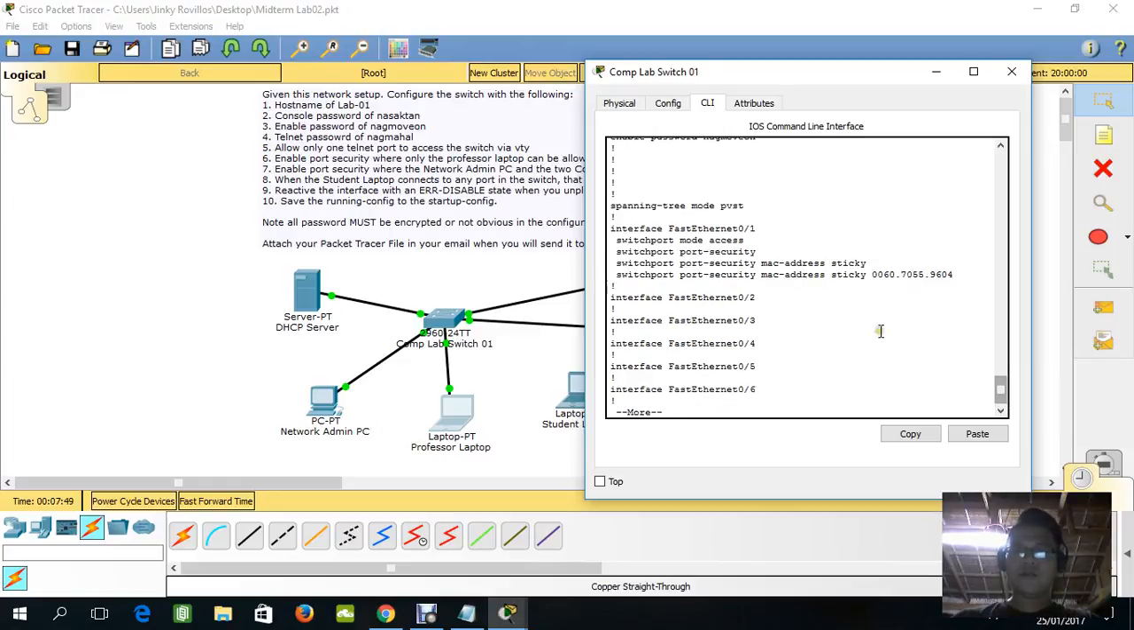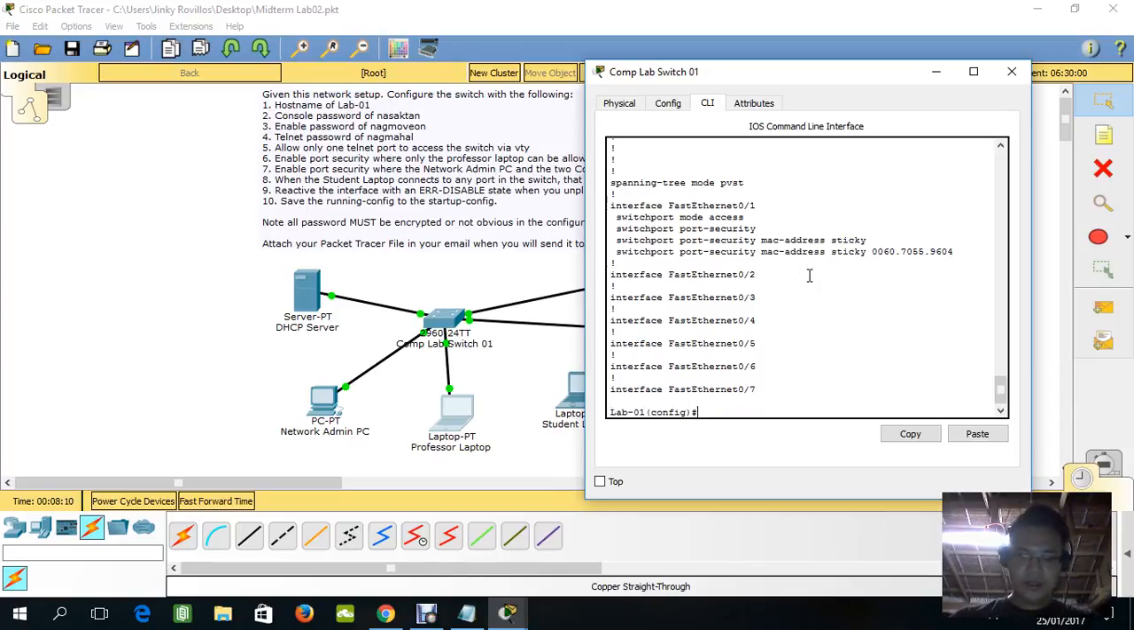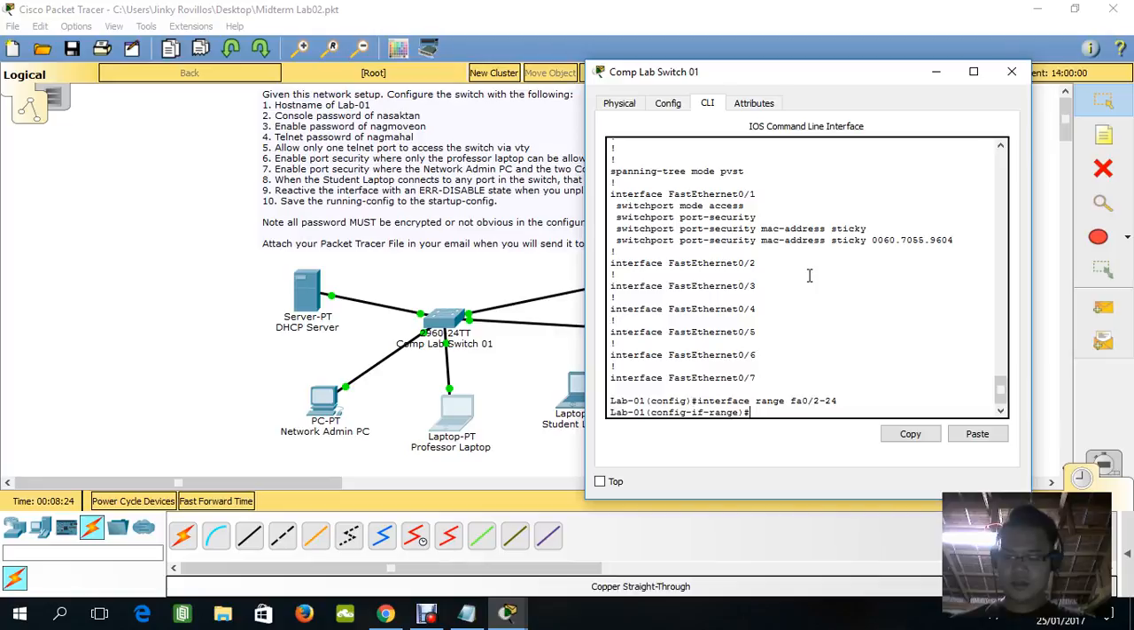And then the next one, we're going to put all of this mode access, port security MAC address on all of the ports that are available. So next step is that we're going to type interface range FA 0/1 to 24, then switchport mode access,